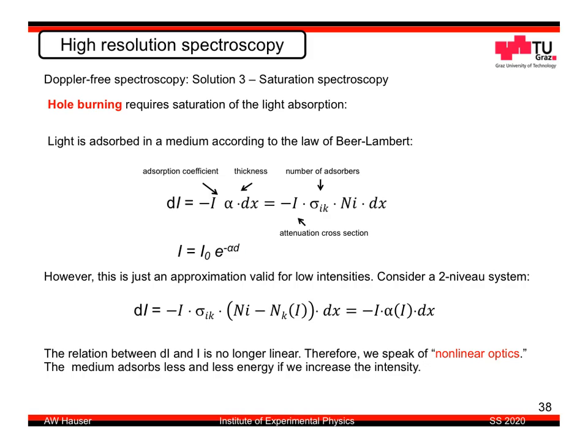That's the usual situation for any type of matter. The more you have, the less intensity you will have in transmission, because more and more gets absorbed and the dependence is exponential